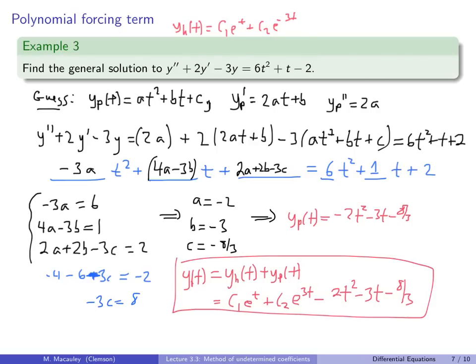Let me say one more thing here. Let's suppose, maybe I should have done this as an example, that instead of 6t squared plus t plus 2 on the right-hand side, let's just suppose that the right-hand side did not have these terms. It was just this. In that case, a common mistake is to just guess that the solution has the form at squared and forget about the bt and the c because they're not up here. Well, that would be wrong because when you take the derivatives, even though you don't have a t squared term here, when you take the derivatives, you will get a t and a constant term, and when you plug it back in,